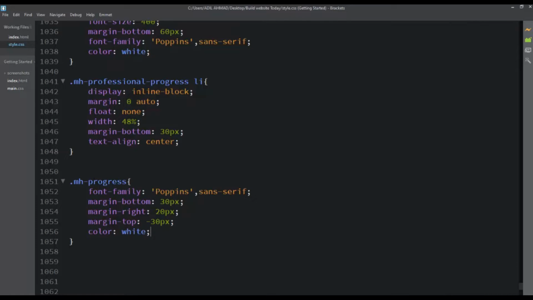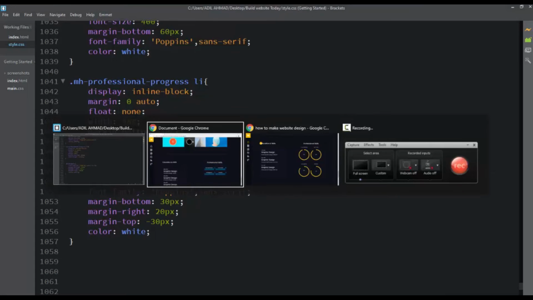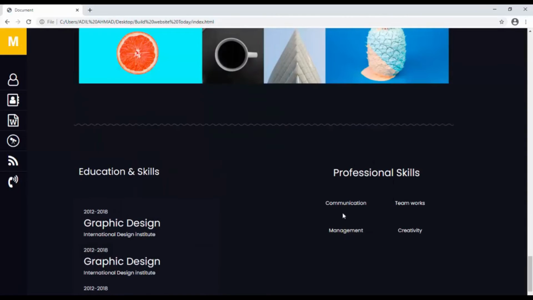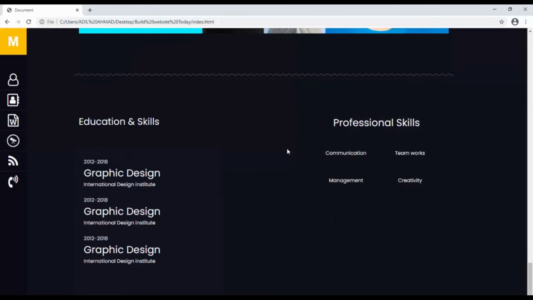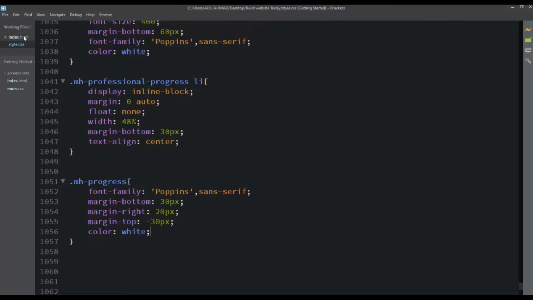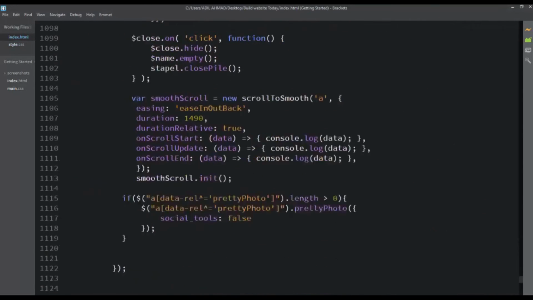Now if I show you in the browser, yep, you can see it is transforming beautifully. Now we have to add the circle shape here to animate the bars. For that I am using a custom JavaScript library and I'll be giving that library to you in the description box. Coming back to Brackets on the index page, just scrolling the page at the very bottom,